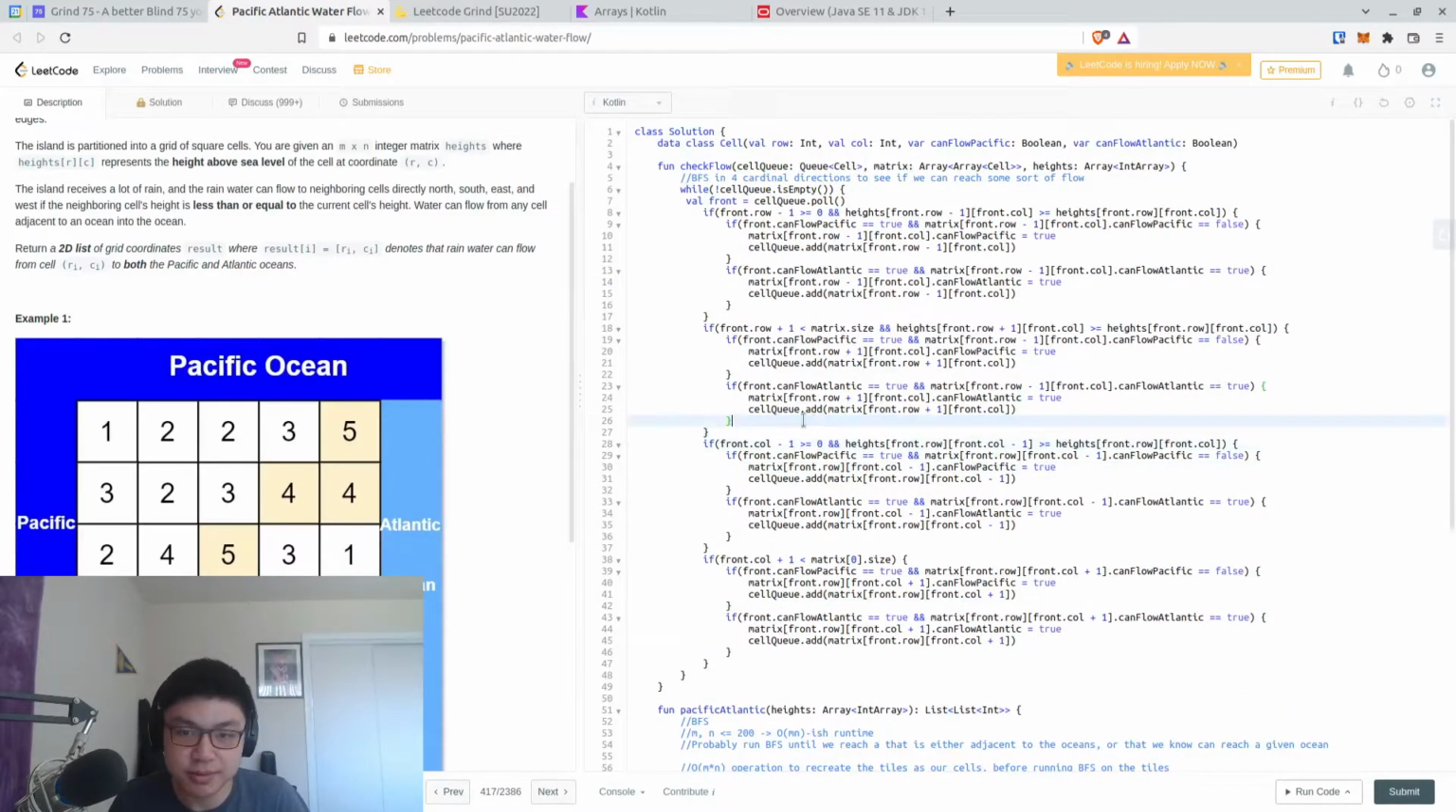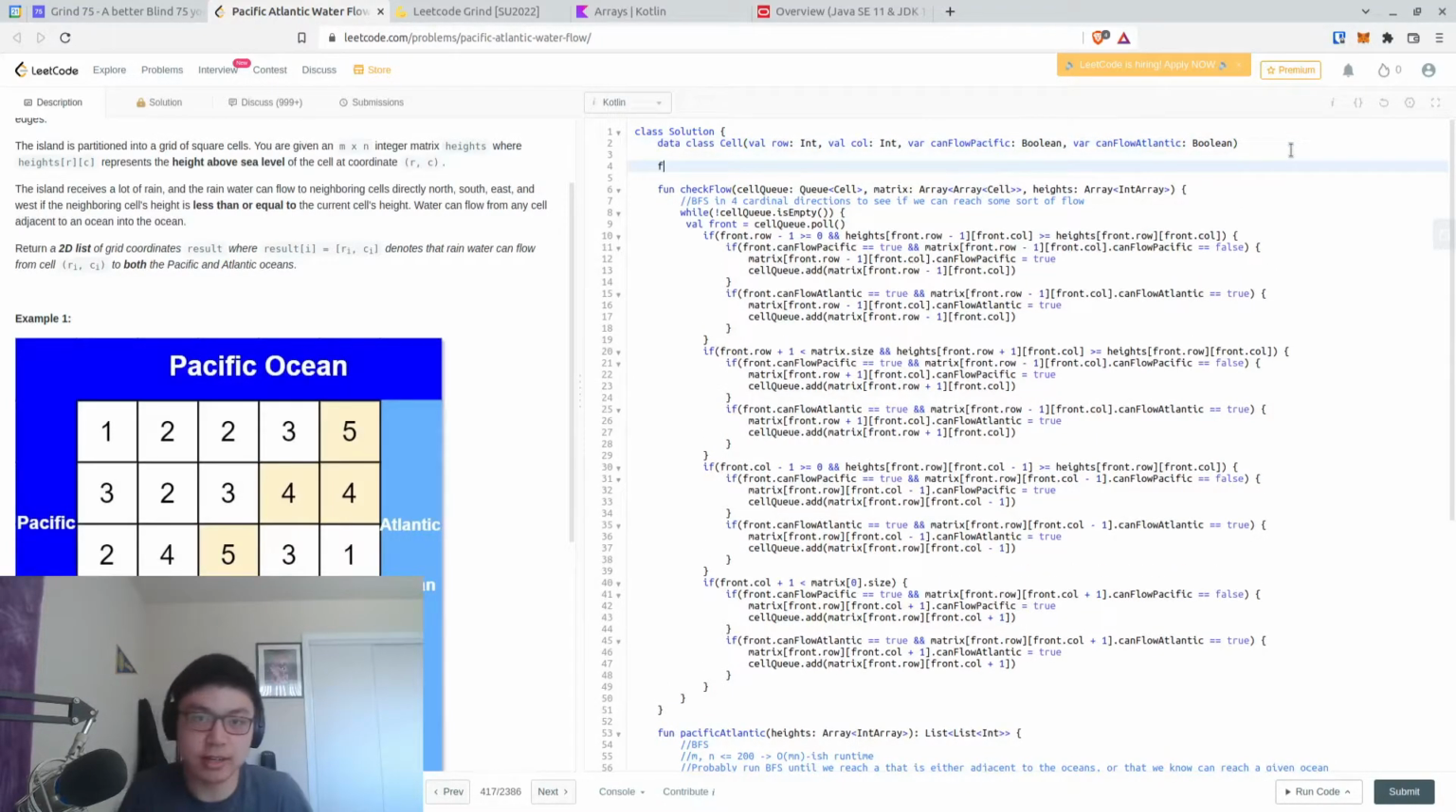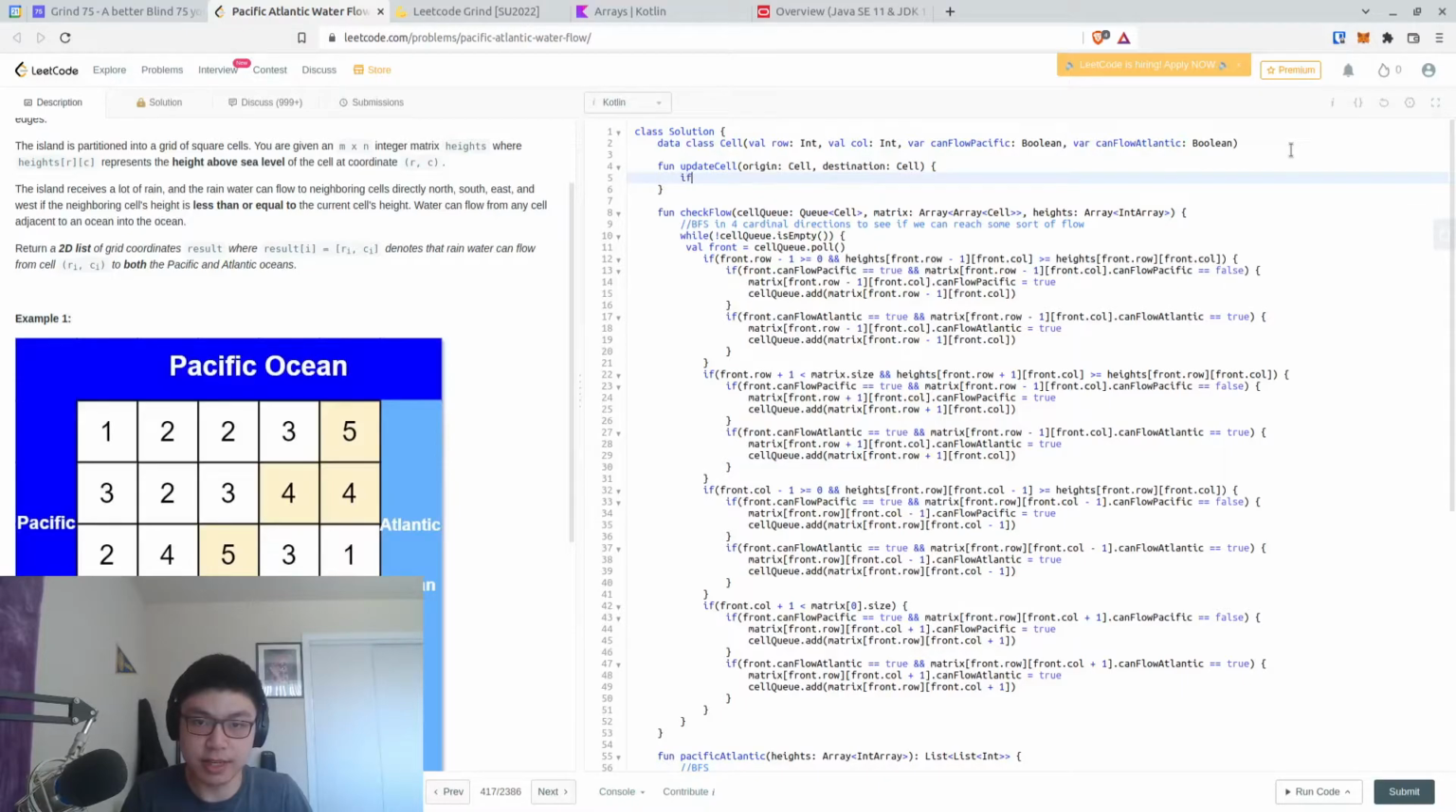Okay. And we could probably avoid a lot of this code reuse by just moving this into its own function as well. And I might end up doing that. Let's see. Yeah, let's do that. Update cell. Origin, which is a cell. Destination, which is a cell. We can say if